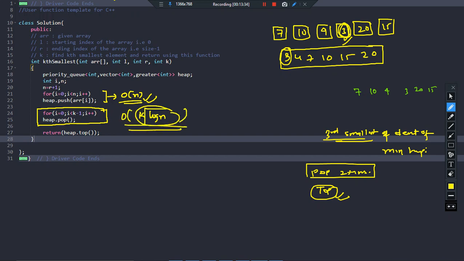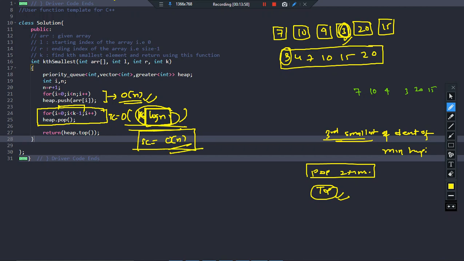Log n, because the number of elements in the heap is n, and you know that for every operation where you are modifying the array by either pushing or popping, it is going to take log n operations for heapify, and you are going to do this k times, because the loop runs till k. So time complexity by this approach will be order of k log n. Earlier we had n log k. Space complexity is again order of n, because the heap is made using n elements.